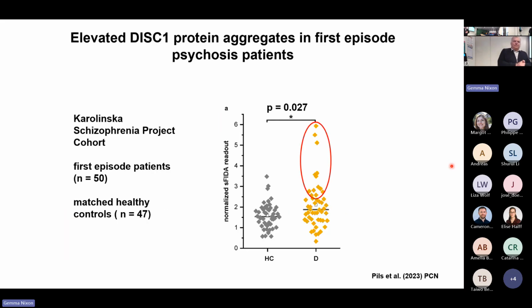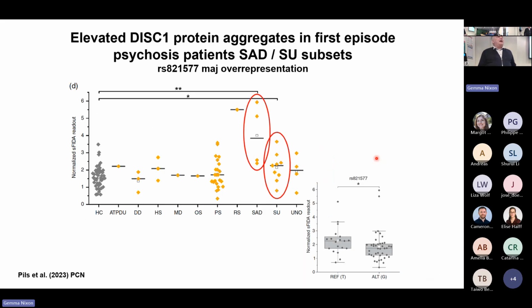And we used this in collaboration with Sophie Erhardt from the Karolinska Institute, who has a nice collection of 50 CSF samples from first episode patients versus matched healthy controls. And the average concentration of DISC aggregates in this assay was higher, and particularly standing out again, a couple of cases, which are probably the interesting cases where we find higher DISC aggregates in these CSF samples than in the normal controls. And these higher samples, interestingly, if you do a clinical subset analysis, were caused by a subset of